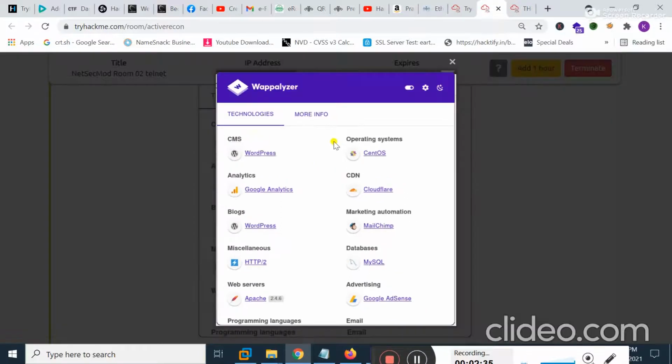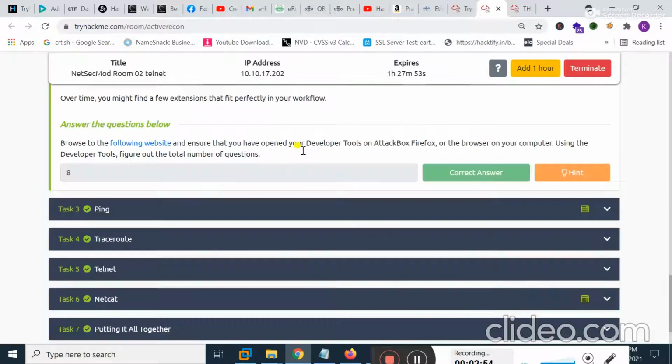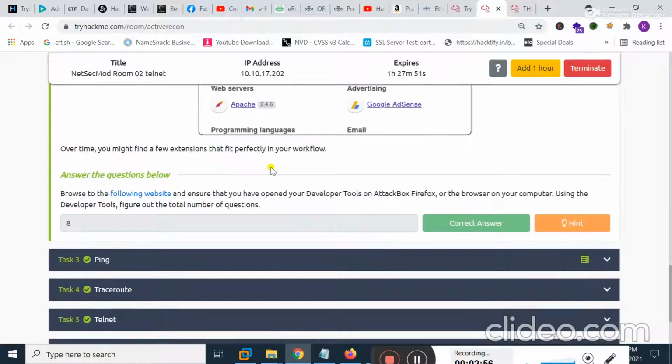Here an image is present, and from this you can see that it revealed the technologies used in this application, OS information, some server information, and database information. So Wappalyzer is a very good online utility that you can use in penetration testing.